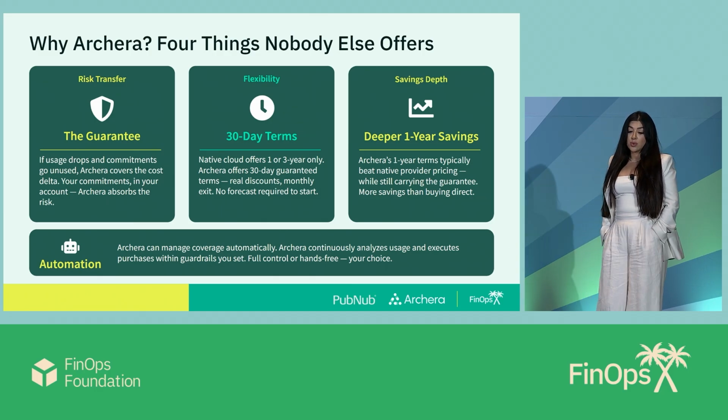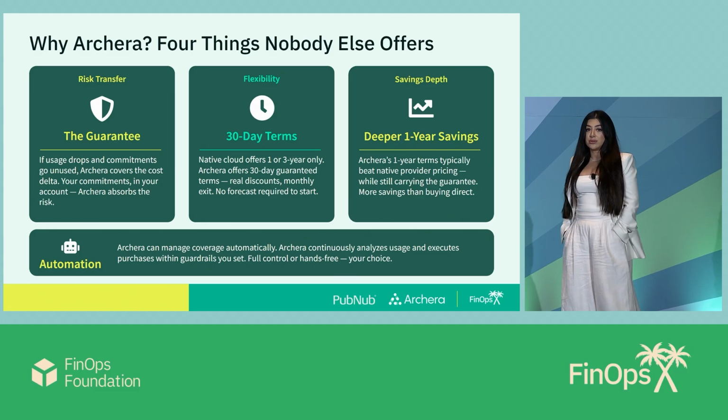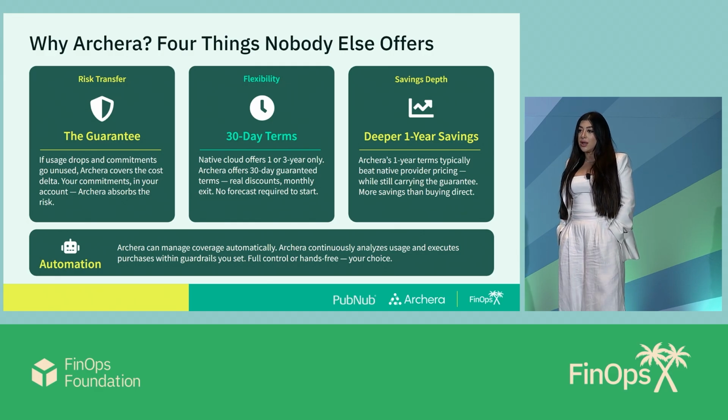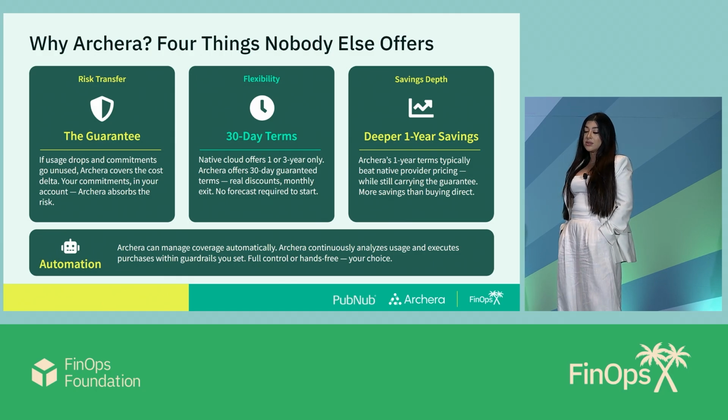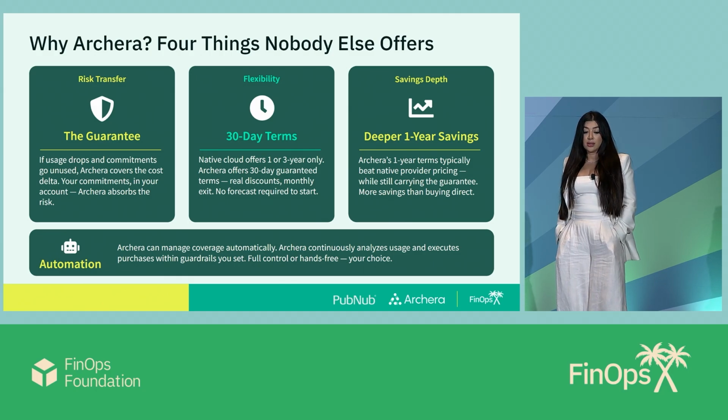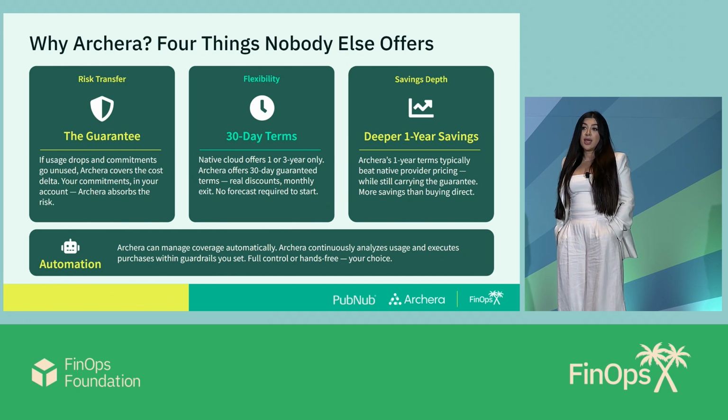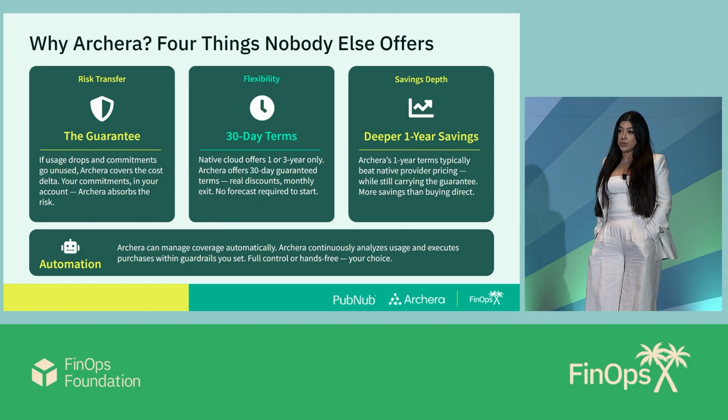But one of the last things I want to mention is our free automation. You don't have to pay to commit and forget. You can turn on our automation as it identifies new on-demand spend that you can apply commitments to based on your policies. We'll automatically apply that. And we also have automation that can identify if a commitment goes underutilized and either rebate you or fully release you from the commitment if it's not being utilized.